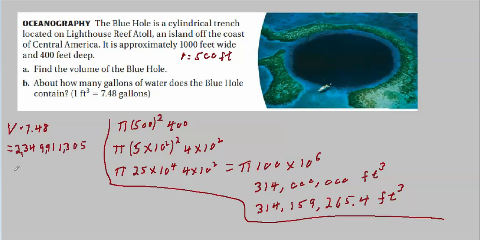So we've got this many gallons. It's about 8 pounds per gallon. So how much would this blue hole weigh? And here's where scientific notation comes in real handy, because when you take this huge number and multiply by 8, it's just too many numbers. So you write it as 1.89 times 10 to the 10th.